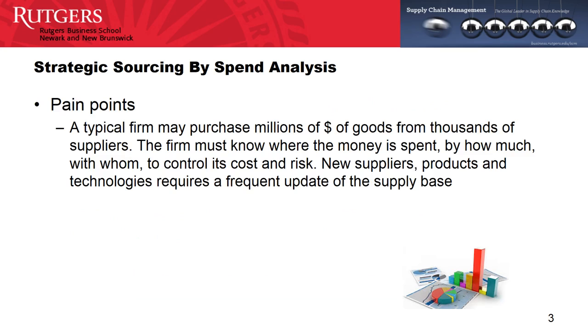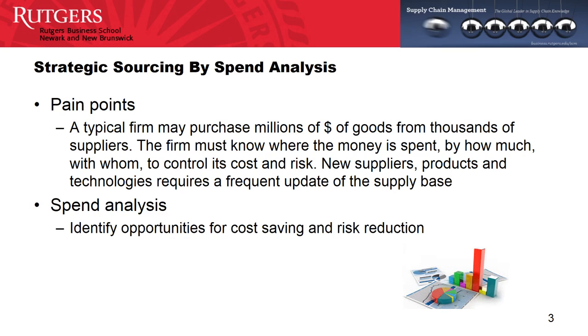A typical firm may purchase millions of dollars of goods from thousands of suppliers. The firm must know where the money is spent, by how much, and with whom, in order to control its cost and risk. Meanwhile, new suppliers, products, and technologies become available from time to time, which requires a frequent update of the supply base. Spend analysis, a type of supply chain analytics, can identify opportunities for cost saving and risk